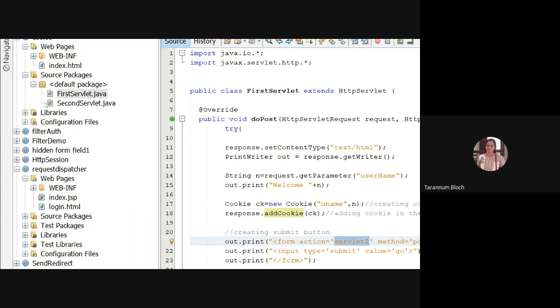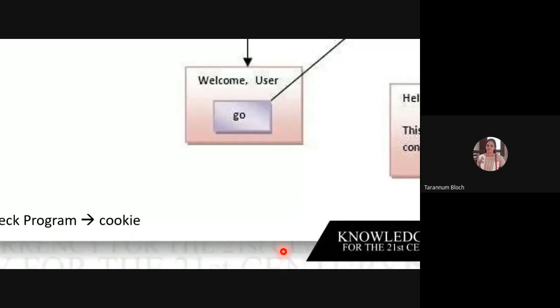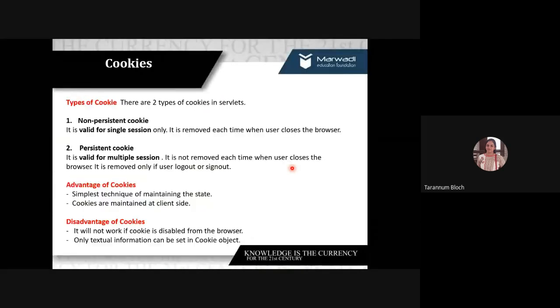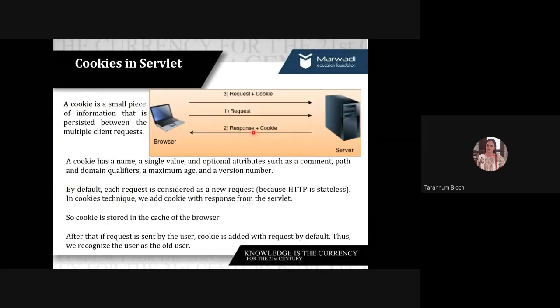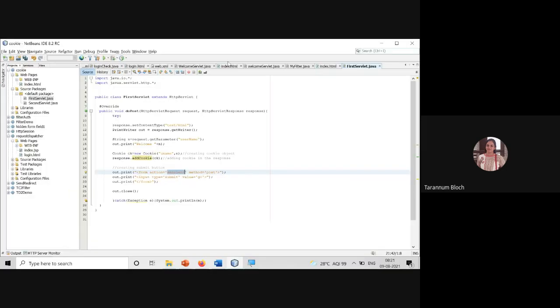So the server can read those cookies and identify that this user is not a new user, it's an old user, right? So right now what we did, response plus cookie, this we have done. Now when the user will click on the go button the second time and will request for Servlet 2, this time the request will go with the cookies also. So the server will read it and identify that this is an old user.